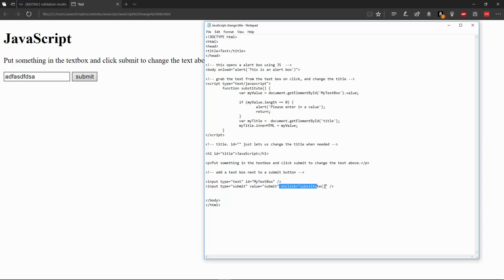Button, we're going to have an onClick, so note that when something's clicked, then do the following. So we've got input type, and it's a submit, which is a button. The value is what you want the button to say. So if we wanted it to say click or something like that, we would put that there. But in this case, we just want to put submit. So for example, let's turn that into 1, 2, 3,